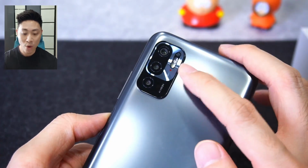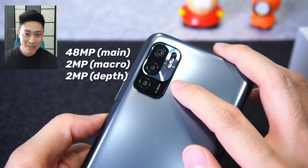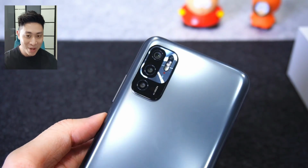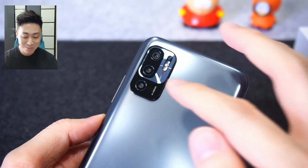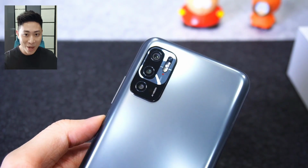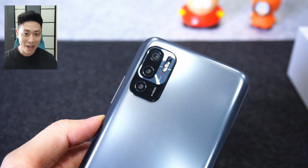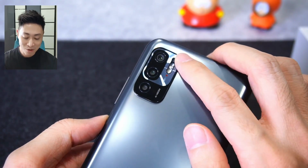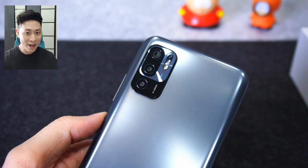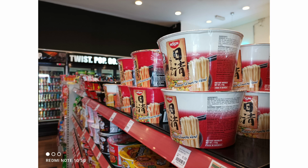All right, so what we do have at the back here is a 48 megapixel main sensor, a 2 megapixel depth camera, and a 2 megapixel macro sensor. So honestly speaking, if you ask me, I'm not too convinced about those 2 megapixel sensors. In a way, you just feel that Redmi is putting up these sensors here just to make it a triple camera setup. But the only sensor that really matters is the main 48 megapixel sensor at the top here. So yeah, unfortunately, we don't have an ultra wide over here, but this is what you get with the Redmi